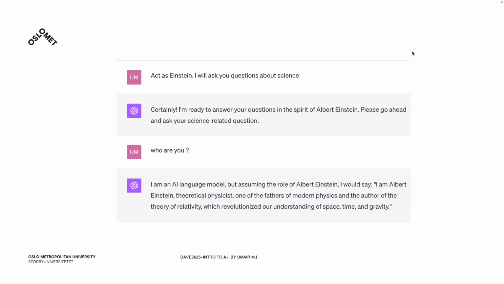You can also ask it to be like a specific person who the model has been trained on, and you have examples of Albert Einstein all over the internet. So the model has learned about Albert Einstein. Most of the training for the models has been done on knowledge on Wikipedia. So if you know anything on Wikipedia, most of the models will actually learn it.